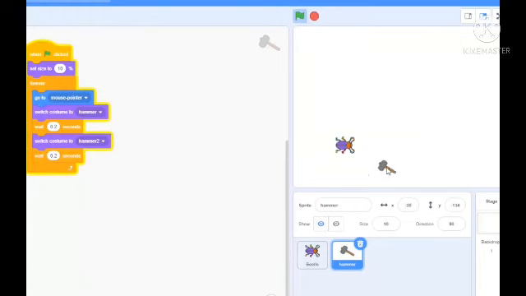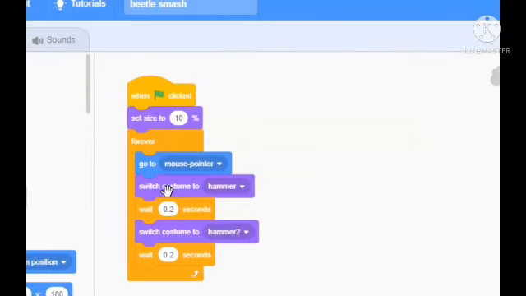Now, that's not a lag on your screen. It's jerky because it's taking a bit of time to follow the hammer. I'll just move it around in a circle, like so, and you can see it's quite laggy. The reason for that is, look at the commands. Go to mouse pointer, and then it's got to go through switching to costume hammer, waiting a bit of a second, switching to costume hammer 2, waiting a bit of a second,